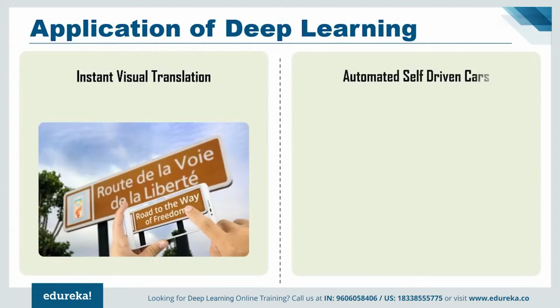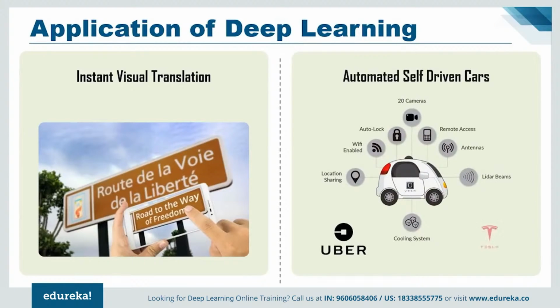Now, if we talk about automated self-driving cars, it's not something which isn't there. It's very well there and people are using it. Now, Google is trying to take their self-driving car initiative known as Waymo to a whole new level of perfection using deep learning. Therefore, rather than using old hand-coded algorithms, they can now program systems that can learn by themselves using data provided by different sensors. Deep learning is now the best approach to most perception tasks as well as to many low-level control tasks. Hence, now people who do not know how to drive or are disabled can go ahead and take the ride without depending on anyone else.